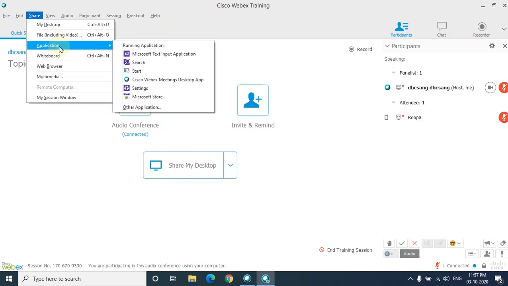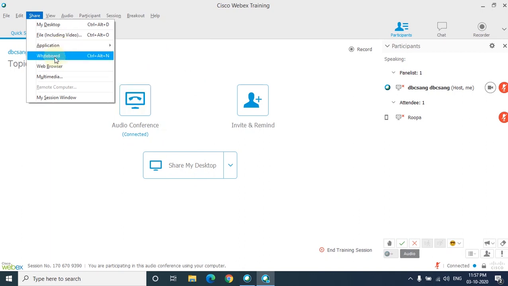Then you can show any application, like you want some Word, Excel, anything of that sort you can show. Then you can use the whiteboard. Whiteboard is similar to our Google Meet. There also we used whiteboard. If you want to write, draw something and show, like our Blackboard, here it is the whiteboard. Then if I want to show anything on the Chrome, any other window, web browser, multimedia. So all this is possible in sharing. So you can share anything.